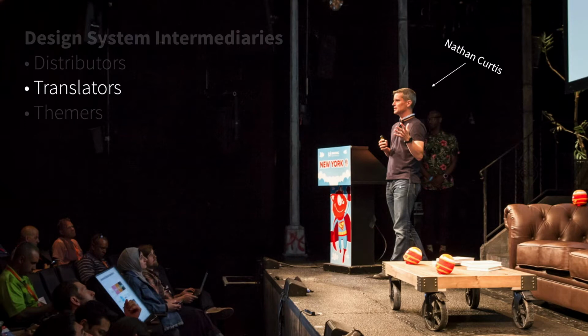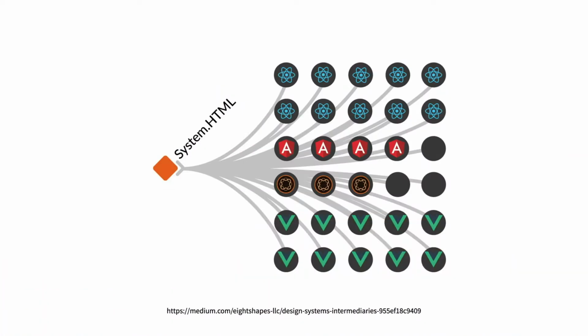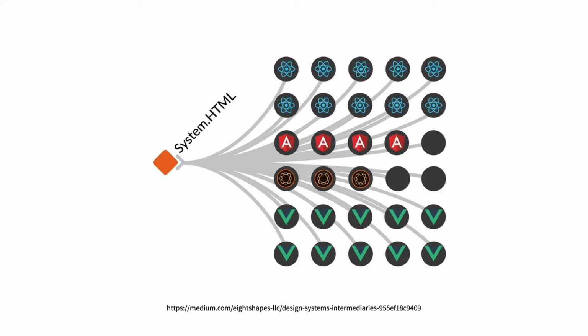I want to focus on translators because I feel like this is where I see the biggest challenge in the organizations we work with. So we will typically create our design systems in HTML, CSS, and JavaScript so that it can work with whatever framework someone wants to use, whether they're using React or Angular or Vue or Ember, whatever it is. Because we've built it with vanilla code, it will work in those systems. But the problem is that there's always an active translation from what has been defined in the design system to what can be used in those particular frameworks or tools.